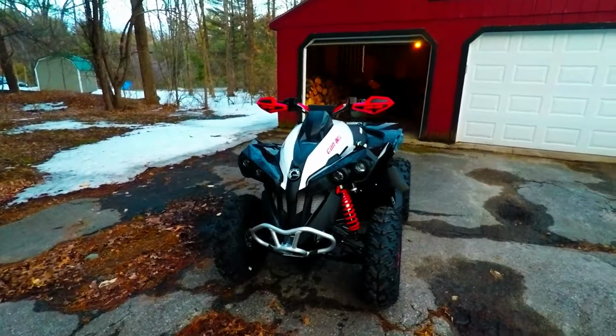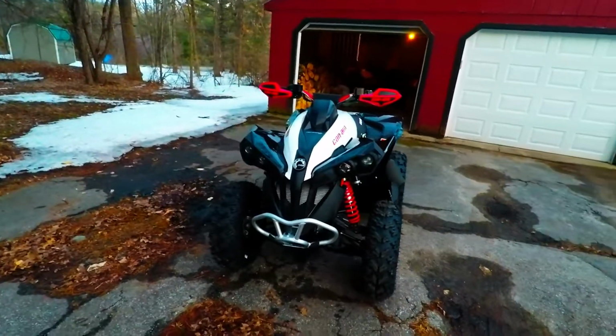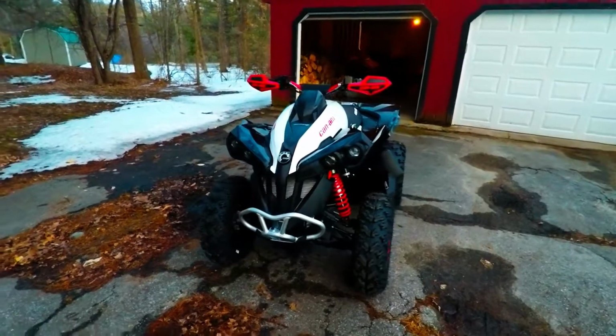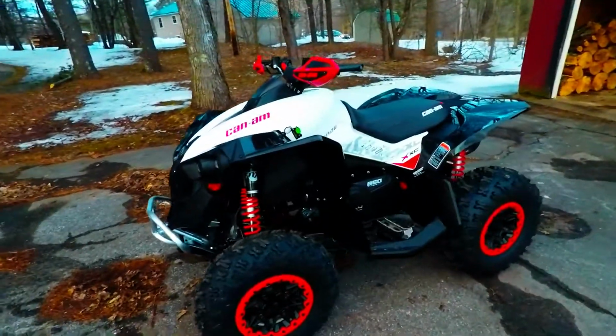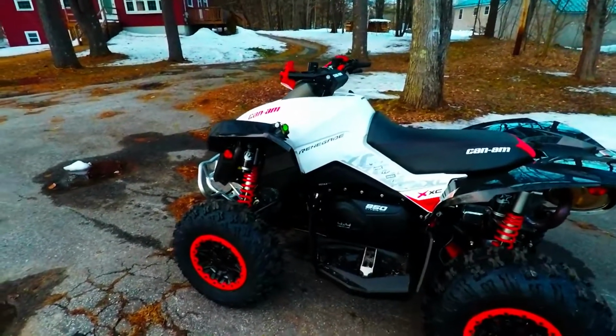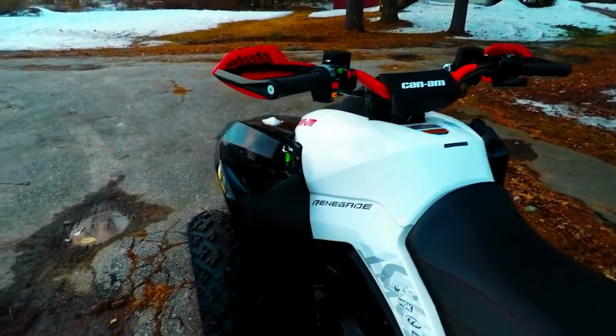I just picked this up today. I've been wanting one of these since last summer. It is a 2018 Can Am Renegade XXC 850. I just picked it up at the dealership this afternoon and brought it home. I just want to do a little walk around for those of you that may not have seen these up close. Maybe you don't have them at your dealership or not, but